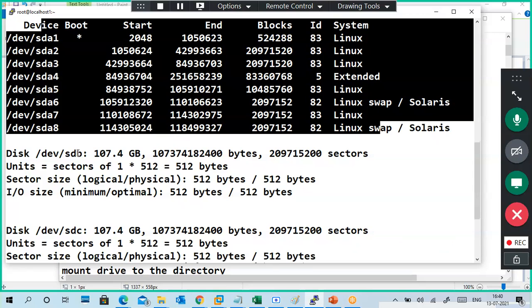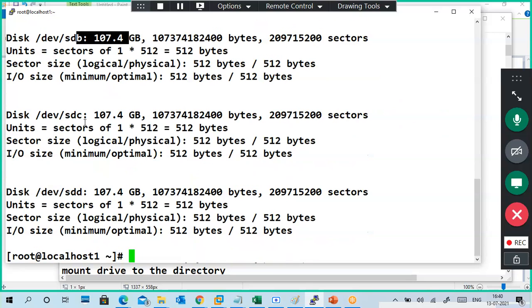Next sdb 100 GB, sdc another 100 GB, sdd another 100 GB. Because it calculates sector-wise and byte-wise, it shows like that. But we have given 100 GB only, so don't worry about it. Okay.